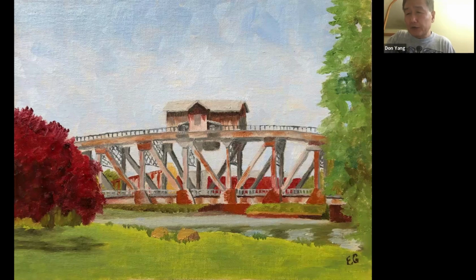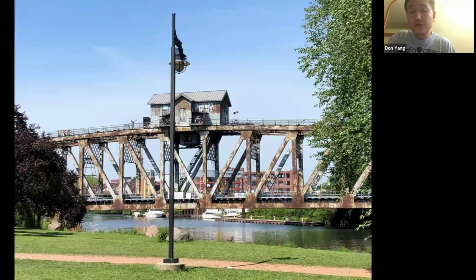So I would definitely go with the way she treated the grayness, but it's a matter of value. I would have gone with a little lighter value, as you can see in here. So that's what I would have done there.